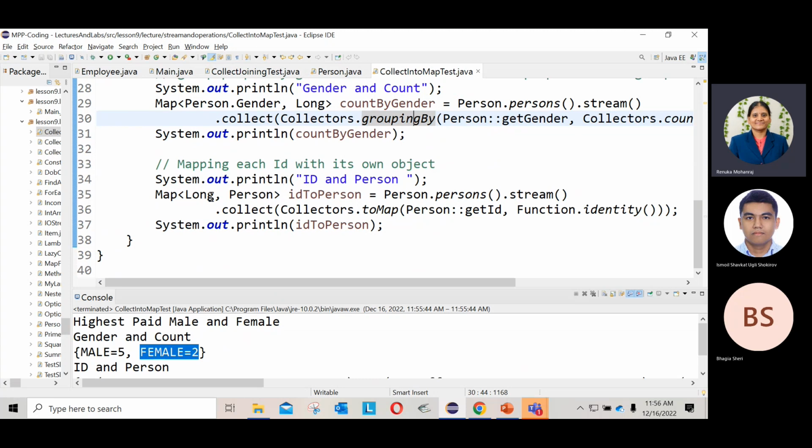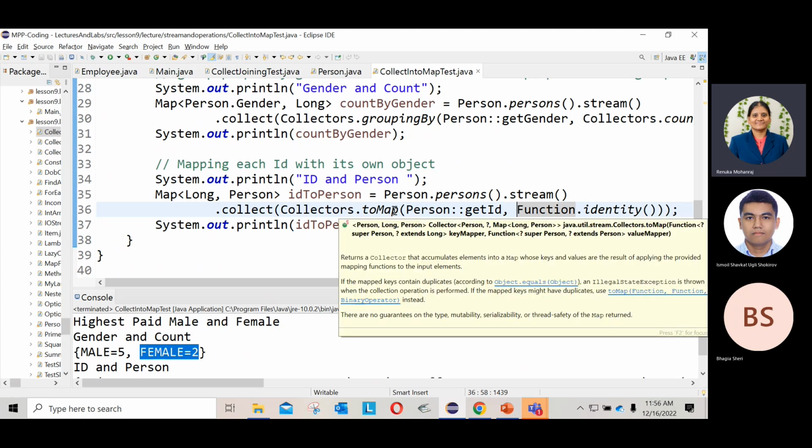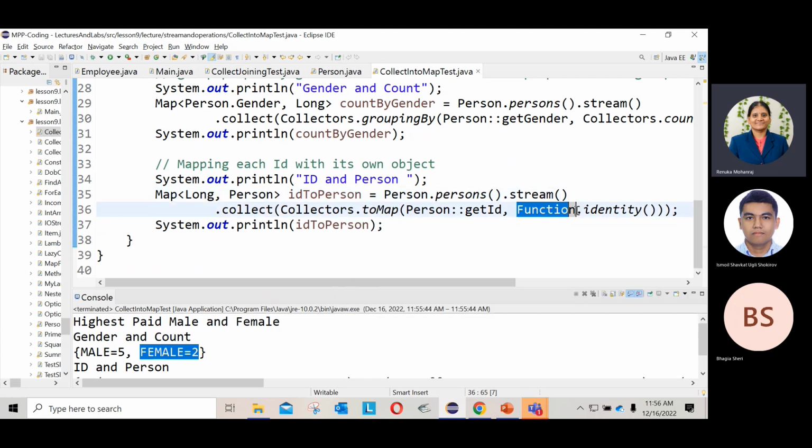Now I want to map an ID and the person. Take every ID of your person that will be mapped with the person collection. So how can I do this? Use the stream of your collection dot collect, Collectors dot toMap, keys ID, and the map, okay, what is the second argument here? It is the person and a function. The function means take an input and return an output. I can simply replace it with the same, which means take a person and map it with